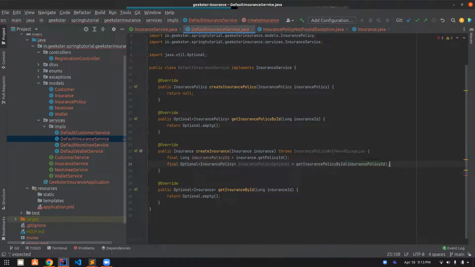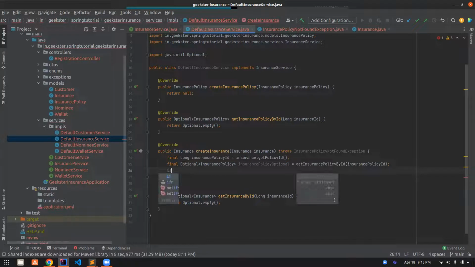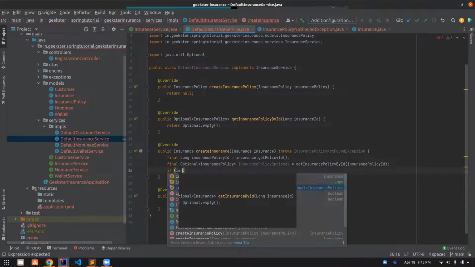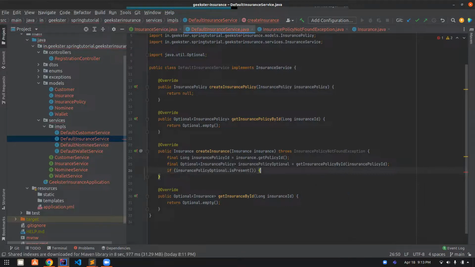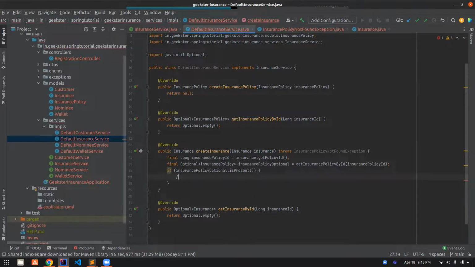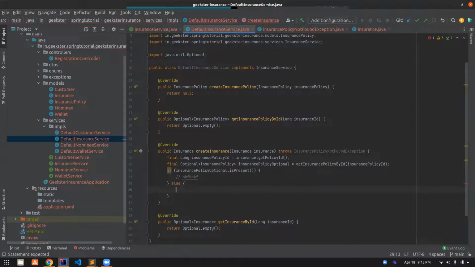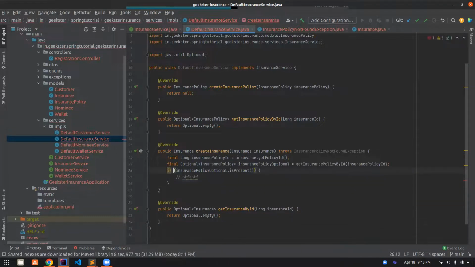Okay, now at this point I'll check, is this present or not? Insurance policy optional isPresent. Okay, if this is present, then this will go ahead and do this normally. If this is not present, then I have to throw an exception, right? Or to make the code more readable, I'll say if this is not present, I'll add a NOT case here. I'll negate this condition. If this insurance policy is not present,